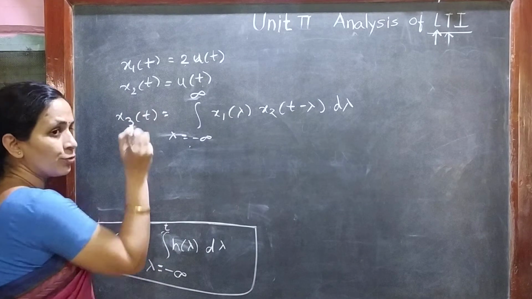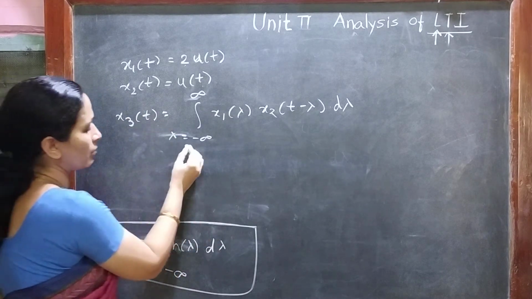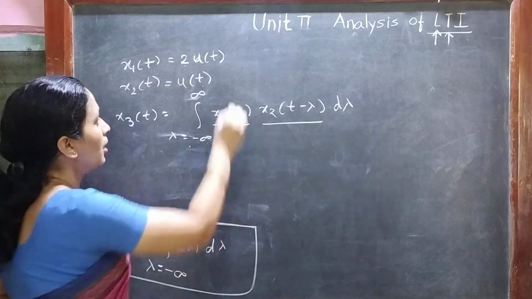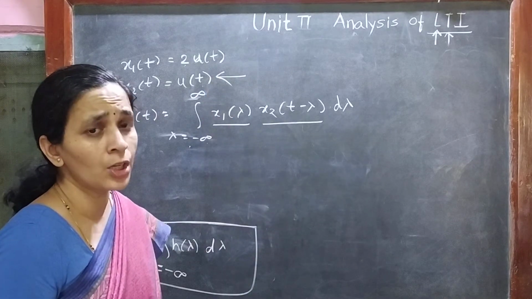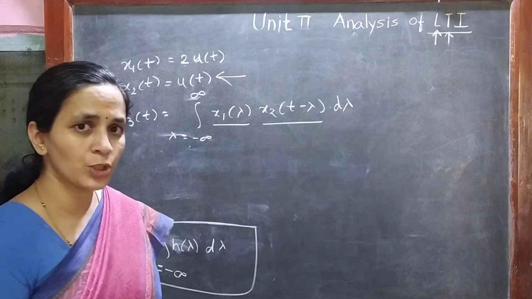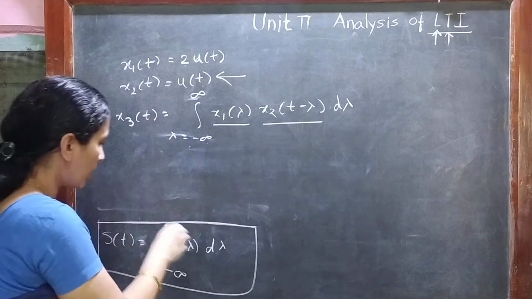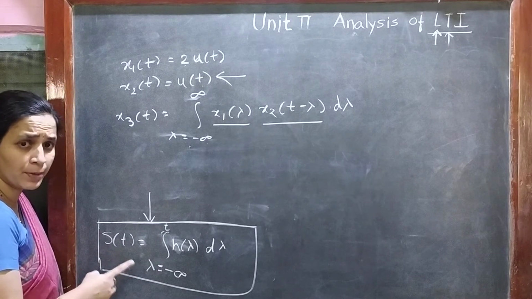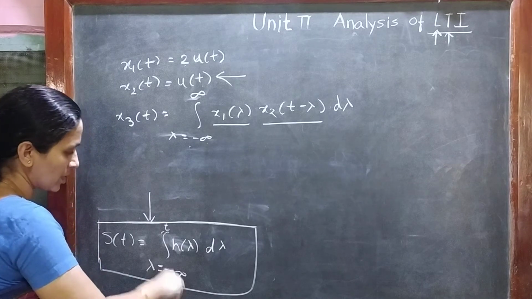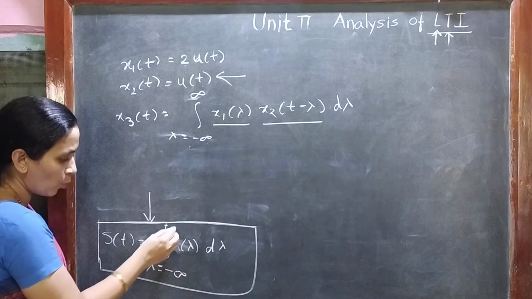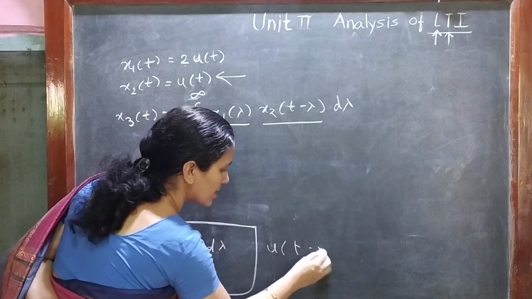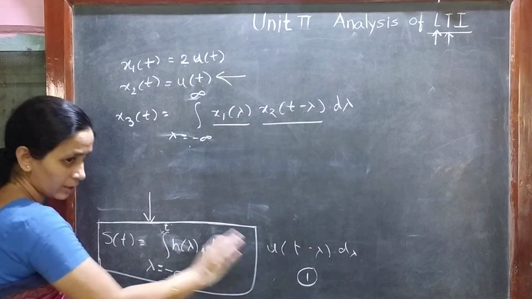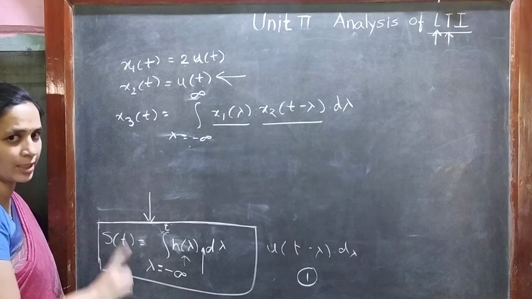So I can say that with the formula of convolution, x3 of t is equal to integration from lambda equals minus infinity to infinity of x1 of lambda into x2 of t minus lambda. But I know that one of the inputs applied to the system is a unit step signal, right? So my response will now be the unit step response. So in the earlier discussion we have s of t, that is unit step response, equal to integration from lambda equals minus infinity to t of h of lambda d lambda. Why has this come? Because this u of t minus lambda d lambda was having a value 1 for this period, hence it is not written here, right? What is written here is the only one signal, that is h of lambda.